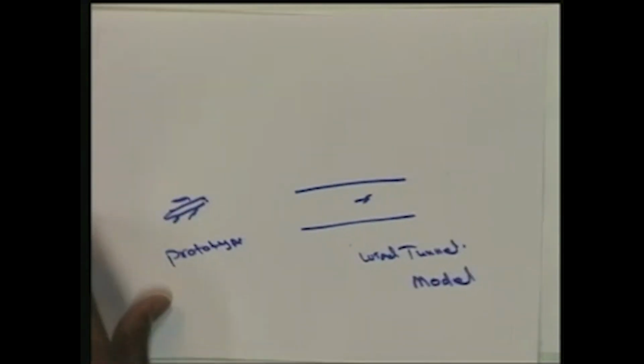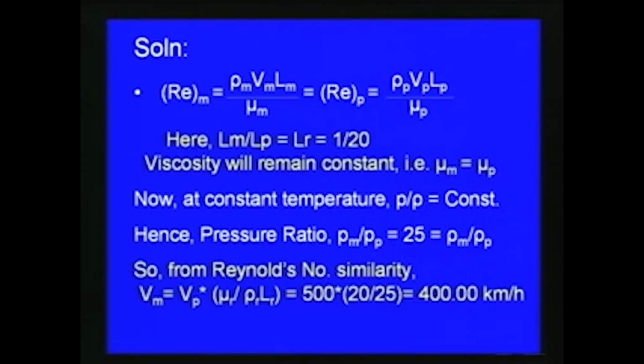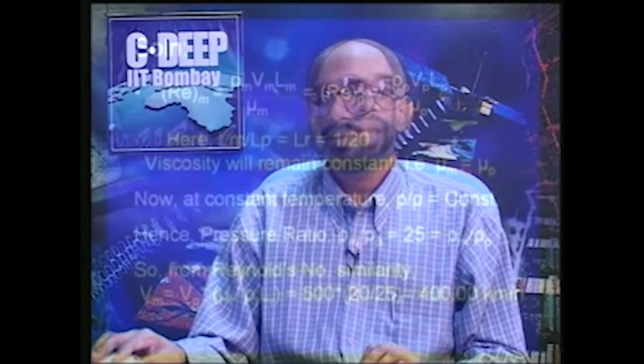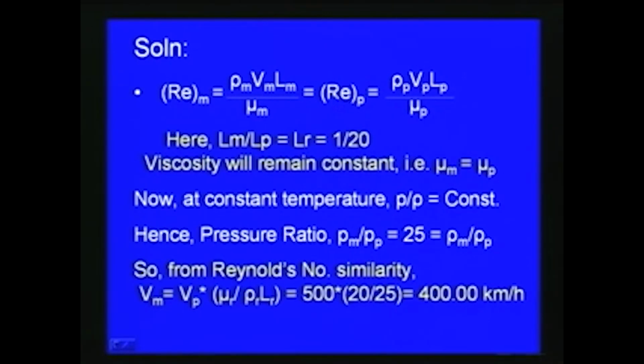So now for this problem, as I mentioned, the Reynolds model law is important. So if we consider the Reynolds model law, rho m Vm Lm by mu m is equal to corresponding to the prototype rho p Vp Lp by mu p. So here the scale ratio with respect to length is considered. Lm it is given as 1:20. So Lm by Lp is Lr is equal to 1/20, and viscosity. So here we consider air in both cases, so it is remaining constant. So if you assume the viscosity remains constant, mu m is equal to mu p,